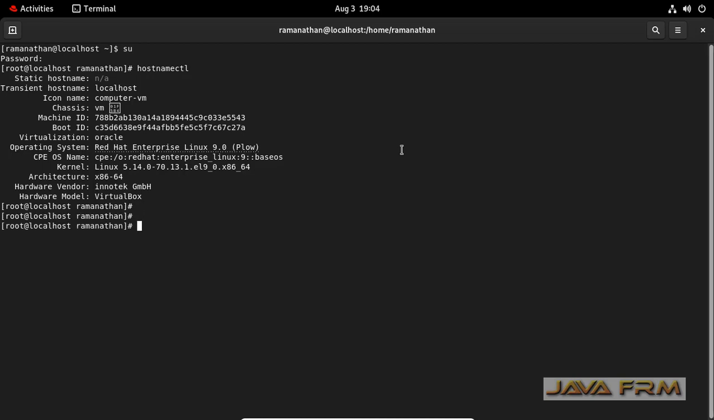Now I am checking cat /etc/hostname. So I am checking the hostname entries in the hostname file. There are no hostname entries in /etc/hostname, which means we are going to freshly set a new static hostname